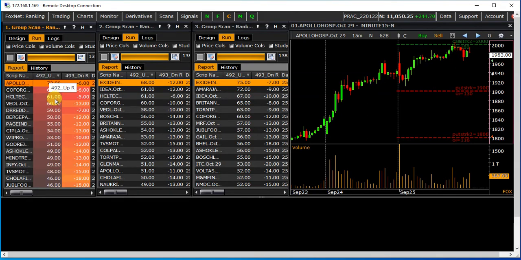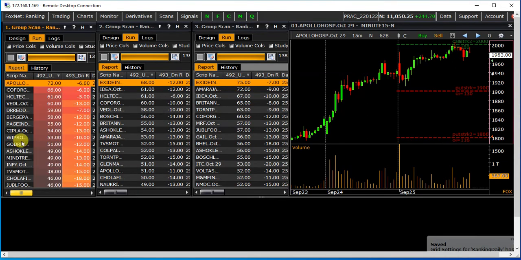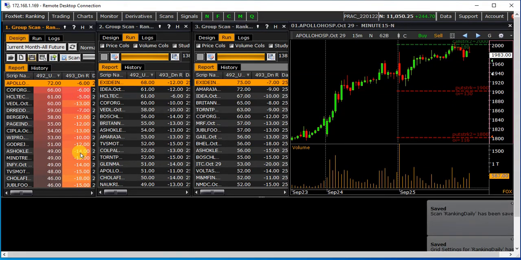According to yourself, you can choose the color, and then click on the save grid button, and then also go to the design tab and click on the save button. So in this manner you can assign the color scale, that is heat map, to the ranking.